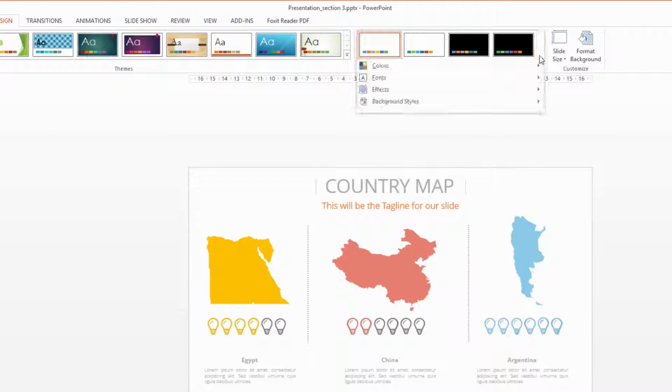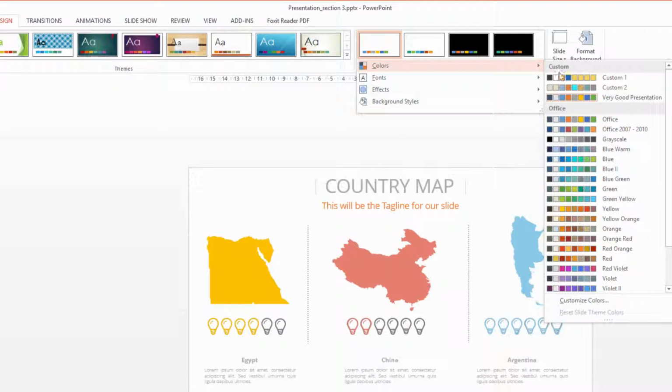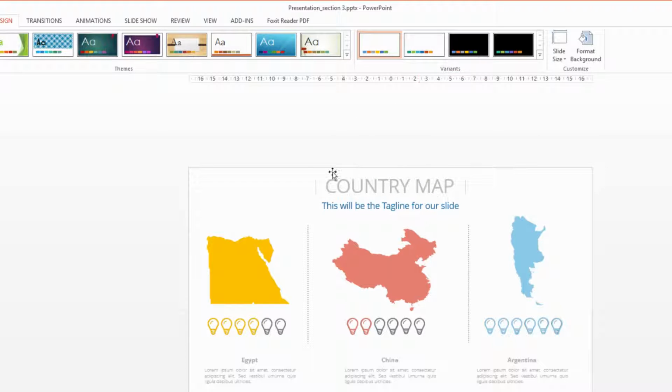By selecting this icon, I can choose random colors for my presentation. These colors apply to some of the things on the presentation, but this is not the most important part. The most important part, you can customize your color palette. What this does, after I click and select another color, when I click on an object, I go to Drawing